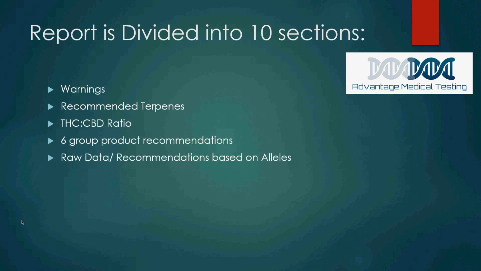On the bottle, it doesn't really list the active ingredients, right? It'll tell you one of two things. It'll usually tell you if it's a full spectrum CBD oil, which means that there is a percentage of THC in it, or it'll be a broad spectrum, which means that it will have the THC removed.